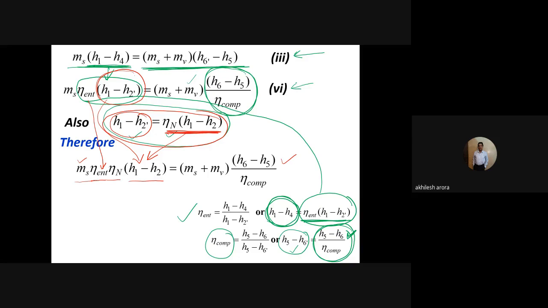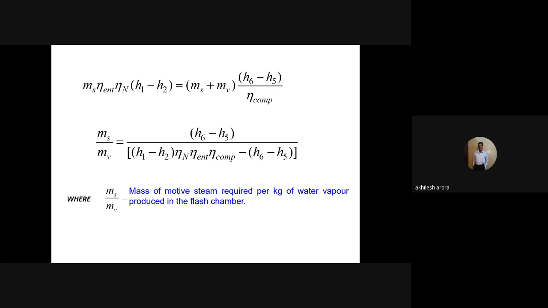और ये पूरी इक्वेशन बन गई। सो फाइनली आई एम गेटिंग दिस पर्टिकुलर इक्वेशन। अब इस इक्वेशन को मैंने थोड़ा सा सॉल्व किया, तो नेक्स्ट स्लाइड में मुझे यहाँ पे ये इक्वेशन मिल जाएगी जो कि MS/MV है। तो मुझे पता लग गया कि मोटिव स्टीम का कितना मास है जो पर यूनिट वेपर जनरेट करने के लिए यूज होगा। सो दिस वाज वन ऑफ द थिंग्स व्हिच वाज रिक्वायर्ड, और इट इज नोन एज mass of the motive